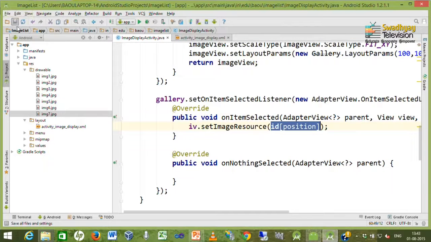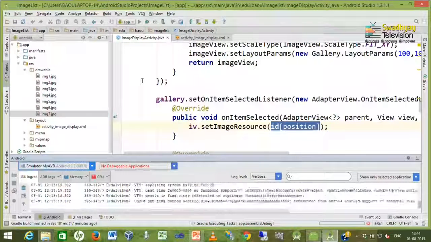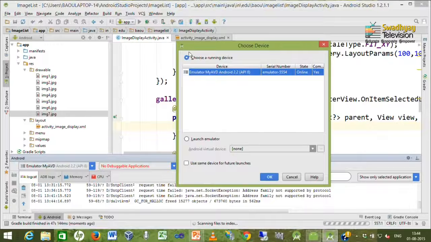We save this file and run this application by pressing start or run application. Here it is asking whether you want to launch your application inside a running emulator. So I am selecting this emulator, checking use same device for future launches, and then pressing OK.